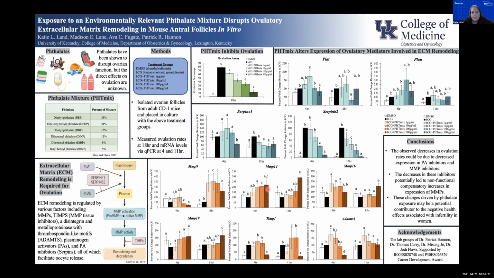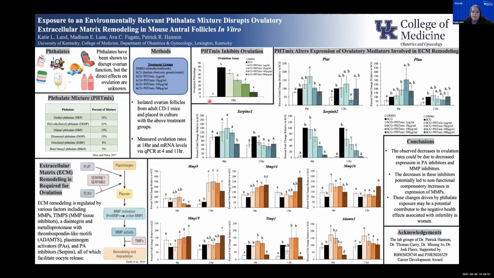And so the decreases in these three inhibitors perhaps might be why we observed increases in other MMP genes when treated with the phthalate mixture. So specifically, we see increases in MMP9 at 11-hour, MMP14 at 4 and 11-hour, MMP16 at 4 and 11-hour, and MMP19 at 11-hour. And so although these increases in these MMPs may be compensatory, they're not functional because we still